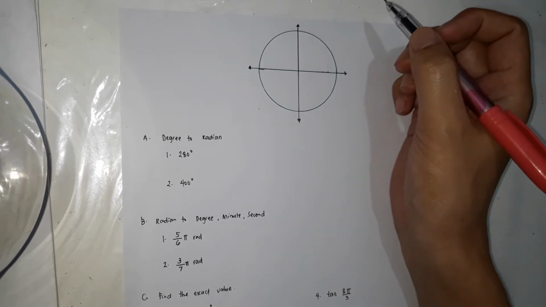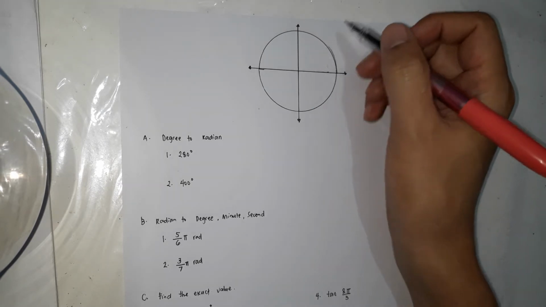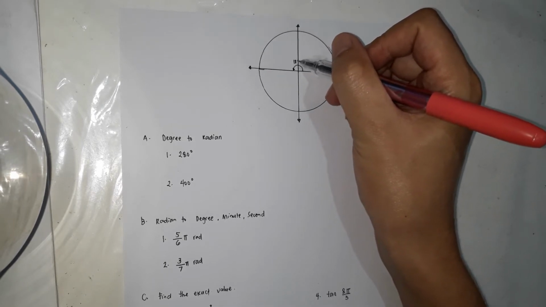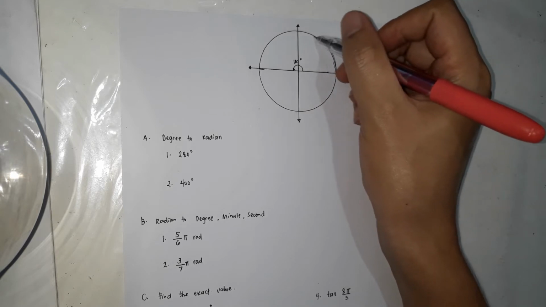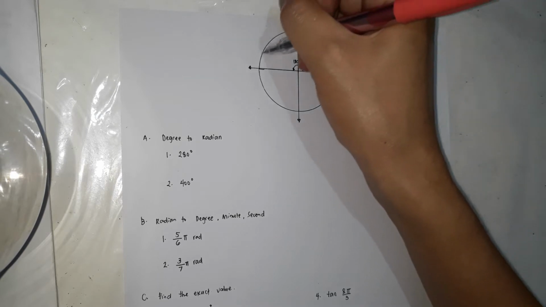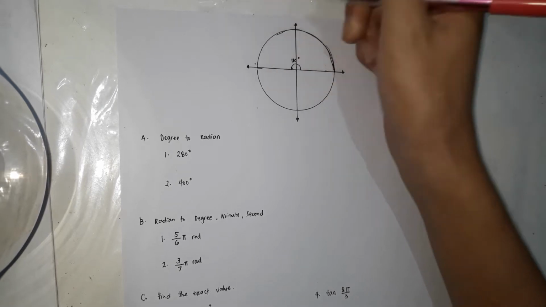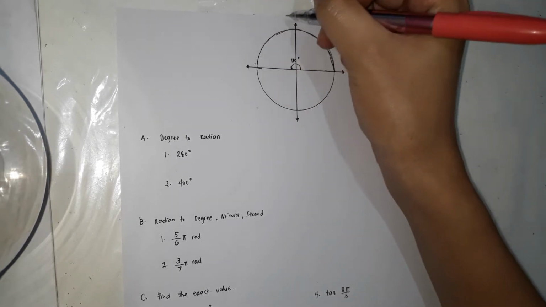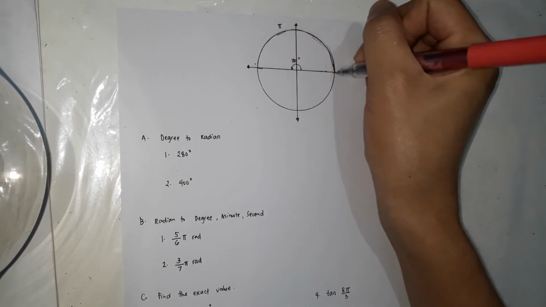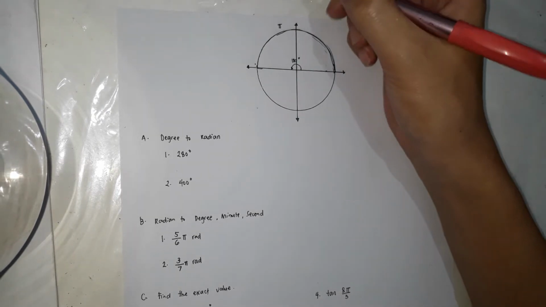To identify the measure of the radian, if the angle is 180 degrees, the radian is also... So this is 180 degrees, or the radian is pi. The measure of this 180 degrees, from here until there, is pi. Next, if this is pi,